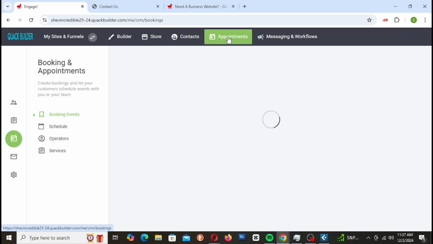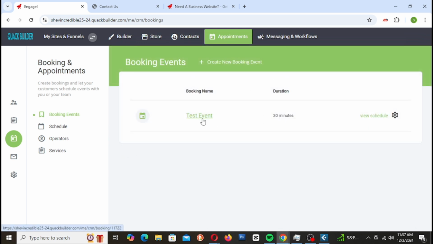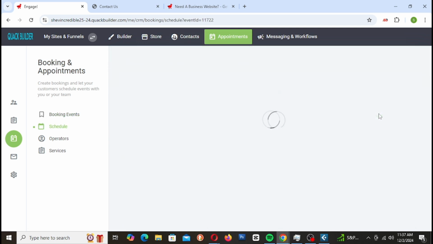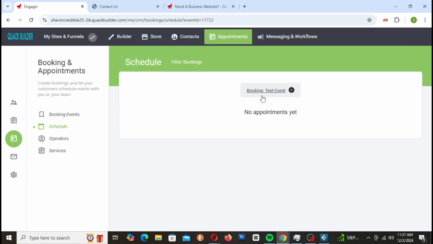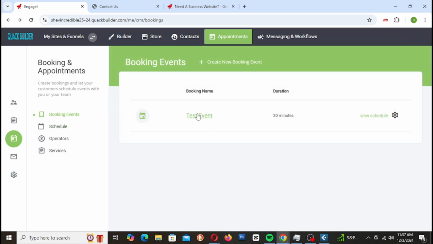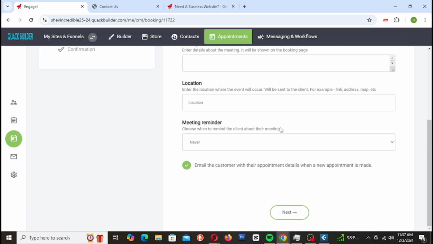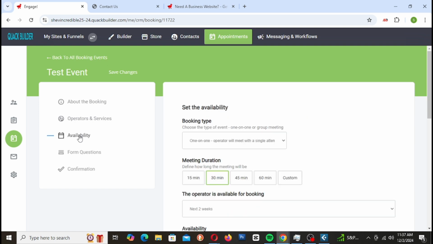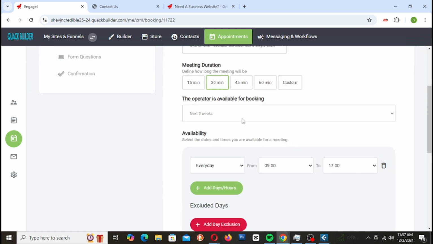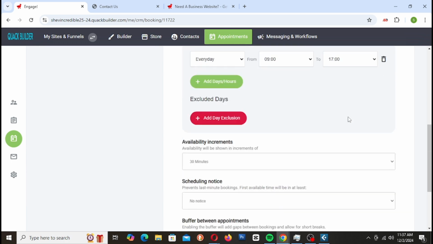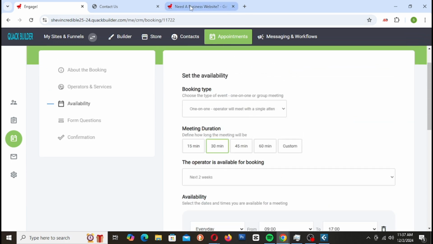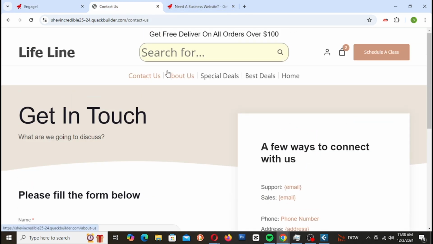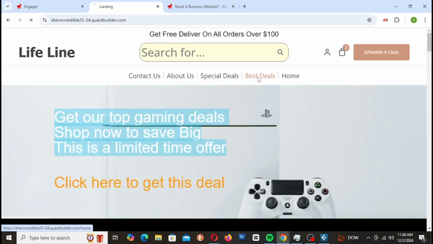You can do your appointments. As you can see, I only created one appointment, which is a booking appointment. But in a nutshell, you can have your operator, and you can have more than one operator. You can choose a time that you want them to schedule on the calendar. So, for example,